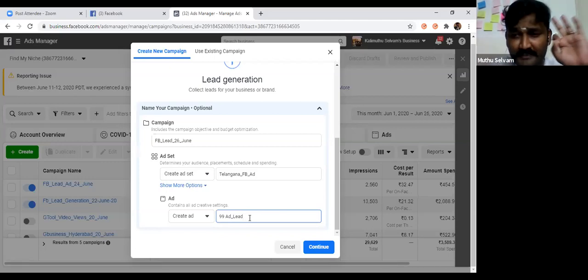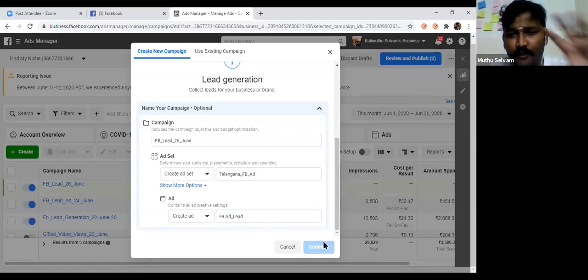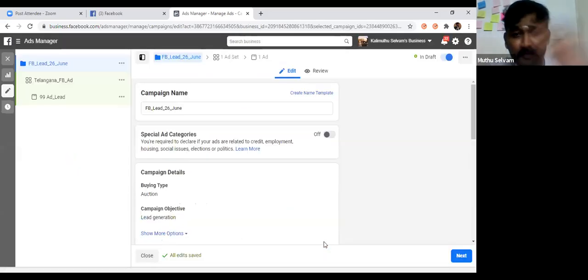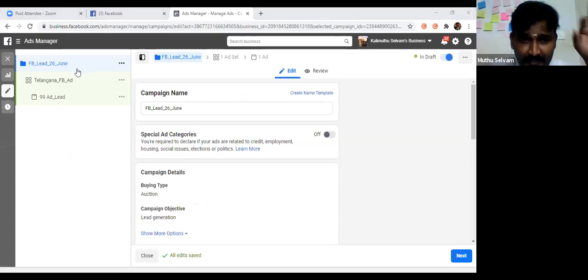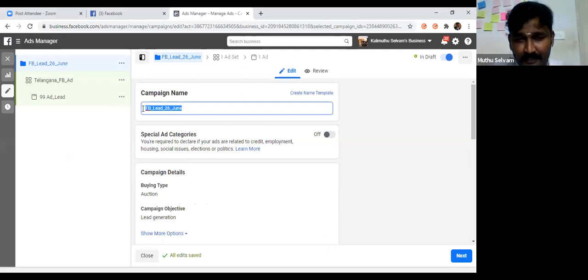We are only going to create these three options. I am putting the name. Okay, just click continue. For some people, if this window is not opened, no worry about it. You can create it after coming to the left hand dashboard. You can see directly, we can create it from here. Campaign name, lead, ad set, and ad. At the top also you can see campaign name, ad set, ad. You can do that later on also.